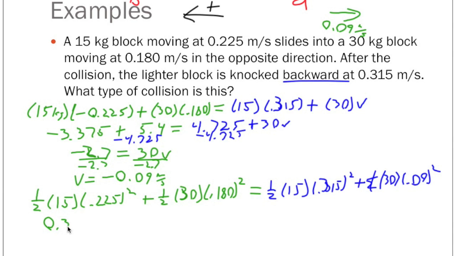So 0.3796875 joules, plus 1/2 times 30 times 0.18 squared is 0.486 joules, and then this should be equal to our afterwards, which is, let's see, 1/2 times 15 times 0.315 squared, which ends up being 0.744,